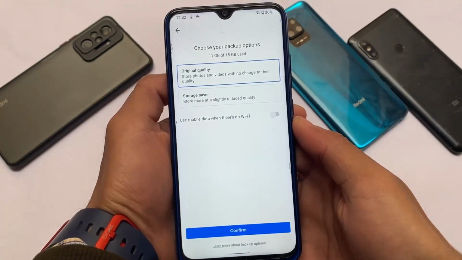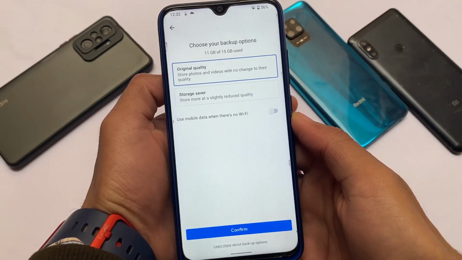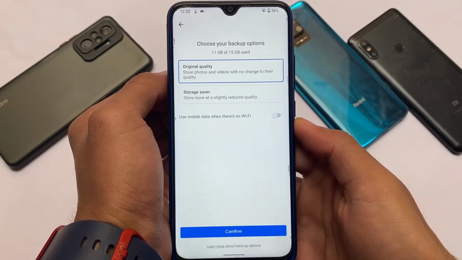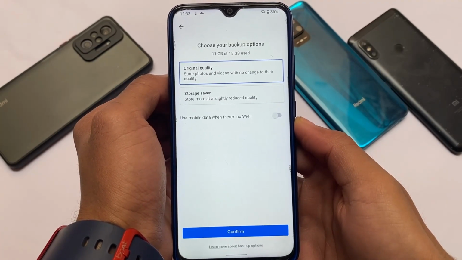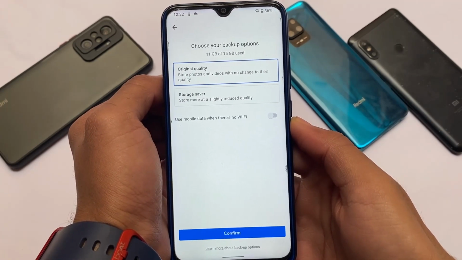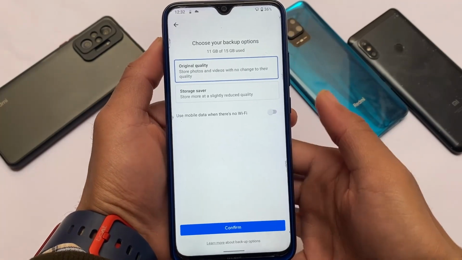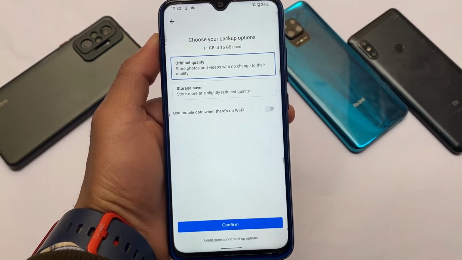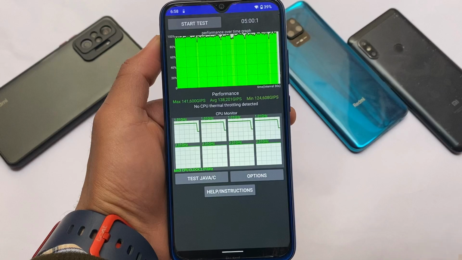One thing is a little bit unfortunate here, as you don't have the unlimited Google Photos storage, but if you want to get that, I have a lot of videos available on how you can get the unlimited Google Photos backup in full resolution. Make sure to check out those videos. If you don't find them, comment below.